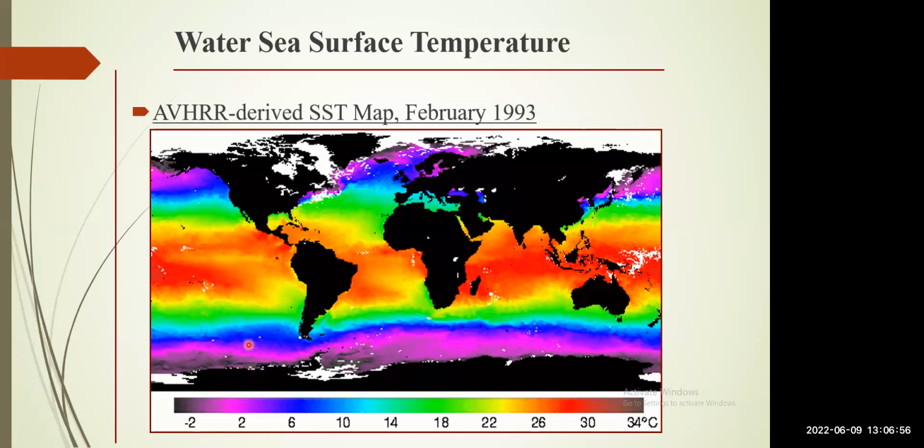So that is basically where, at the equator stage, the area has a very high temperature. But if we go toward the polar region,